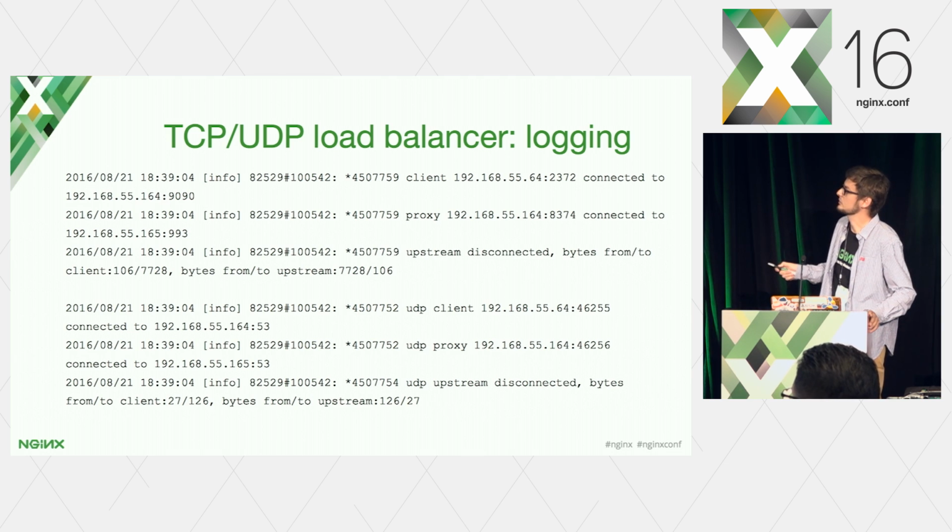And then we can see that our server connected to one of the backends, and then the session ended. So basically, we transferred the following amounts of bytes to and from the client and to and from the upstream. It's pretty much the same for UDP, but we get to see the UDP